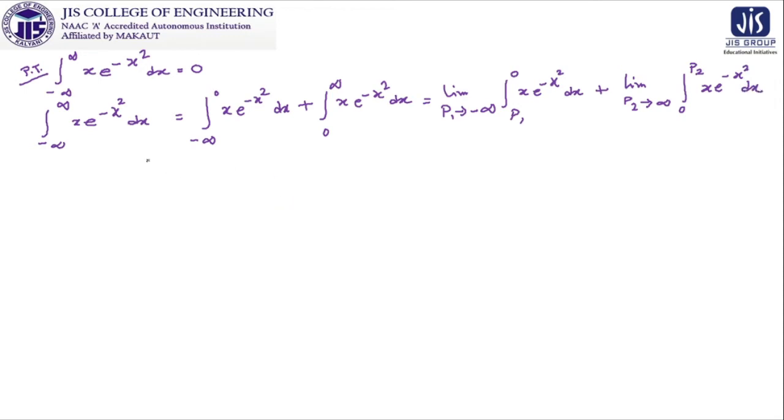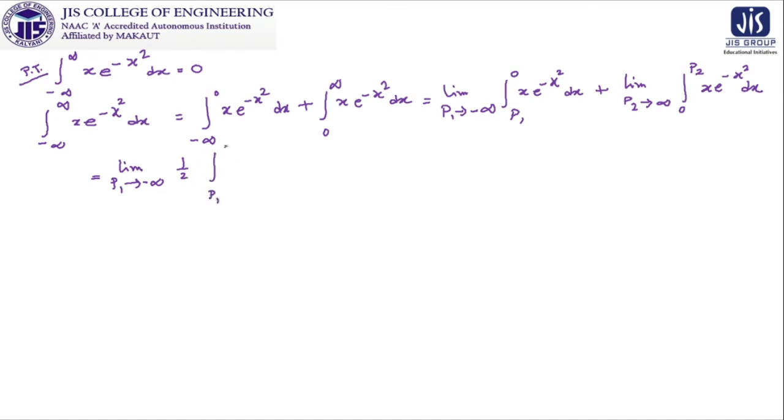The approach is totally identical with the previous problem, just our internal calculation for the integration will be different. So now we can write x square as u, so 2x dx is du, so x dx is du by 2. So this 1/2 is taken outside, because this is a very easy problem. I am not going to show you elaborately all this basic calculation.